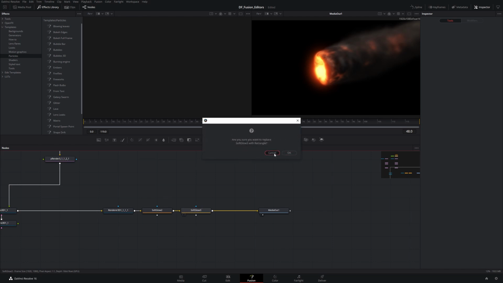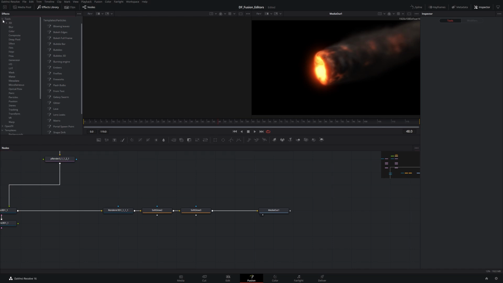I'm just going to say no for now, but that's a quick way to do simple replaces. So we can drag stuff in from the toolbar. We can also come back up to effects and we can just come under tools, whereas under templates, these are systems that are already created with many nodes. Under tools is where you'll find all the categories for the single nodes, and there's a whole bunch of them,